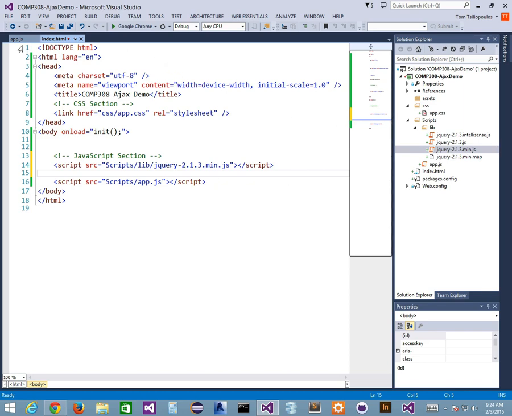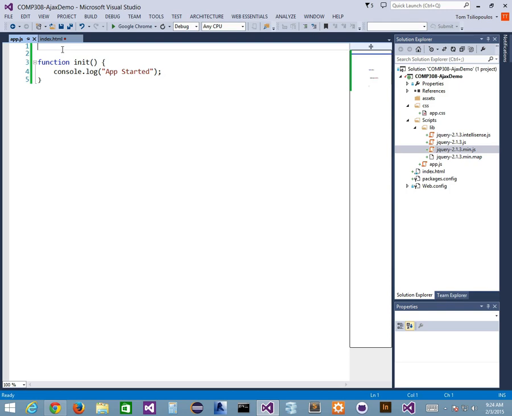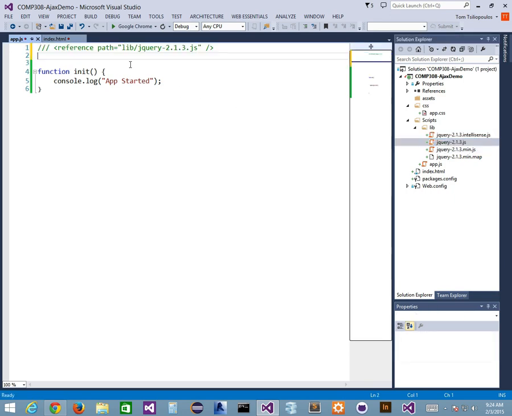Now, inside my app.js file, I need to have a reference path for jQuery, and there's a couple things that we can do. I can drag and drop my full library, which is right here, the JS file, not the minified version, the full version, across. And when I do that, it creates this reference path for jQuery. And now if everything remains equal, I should be able to go into here and start typing